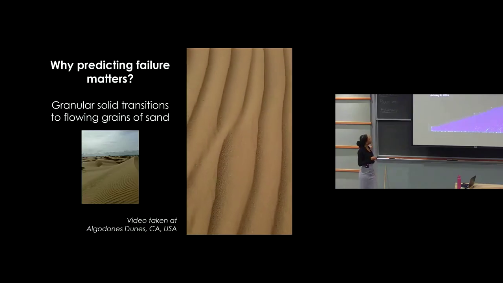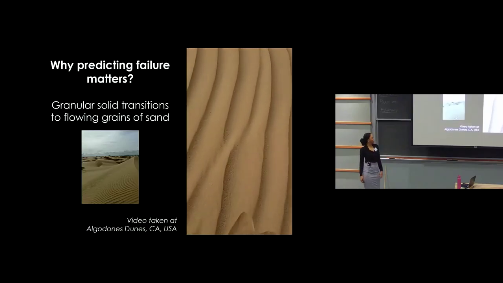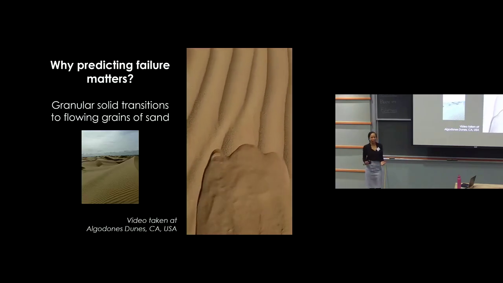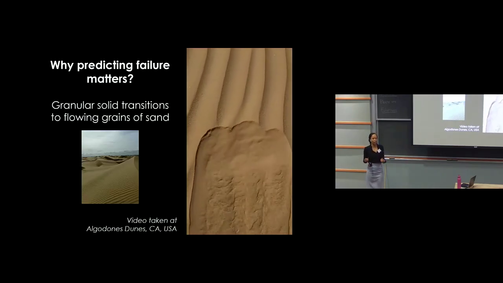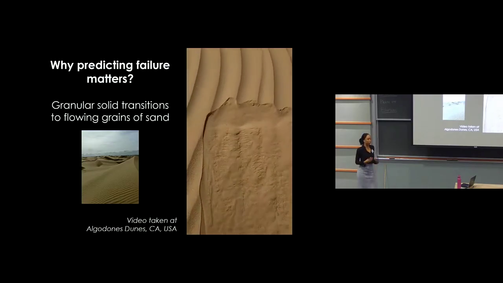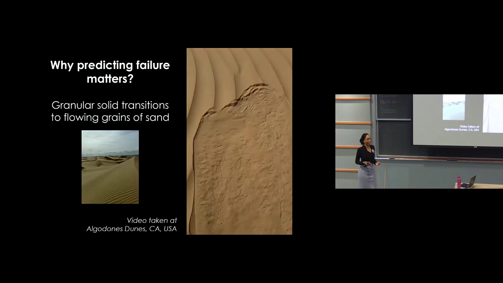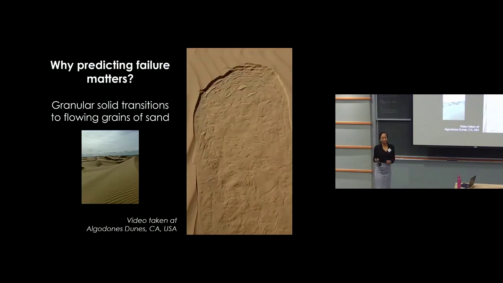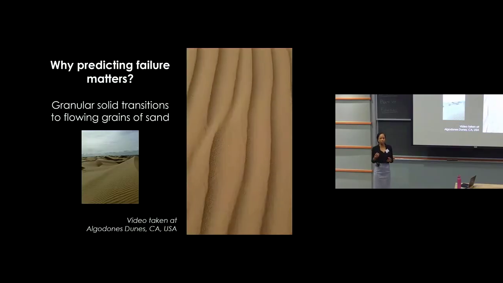So, as we've learned extensively this week, granular material is quite fragile. It can readily shift from behaving like a stable solid to flowing like a liquid. We expect granular material to act like a solid when we're walking on it, but with just the right disturbance, we can make that material shift and start to flow and ooze like a liquid.